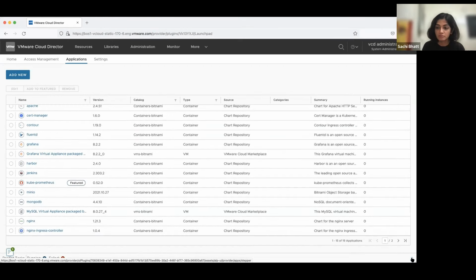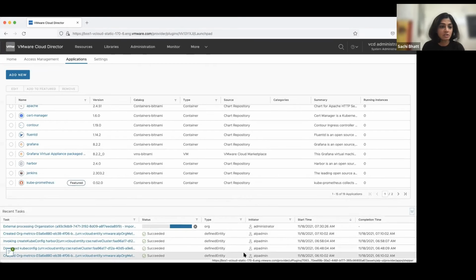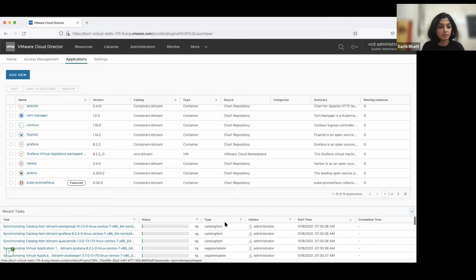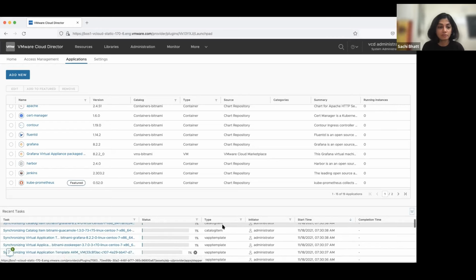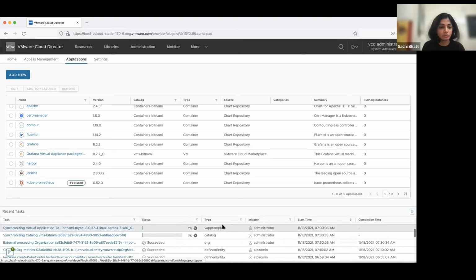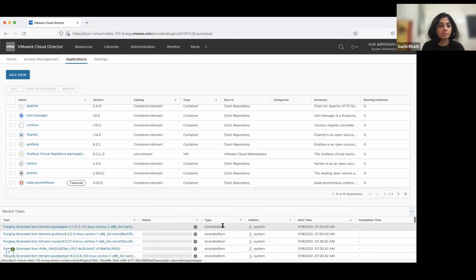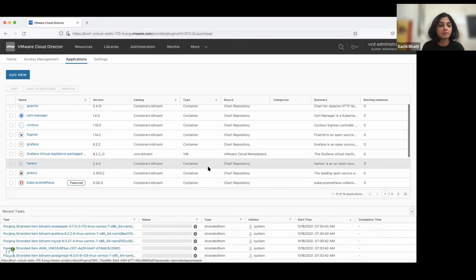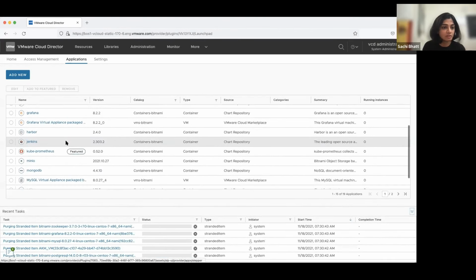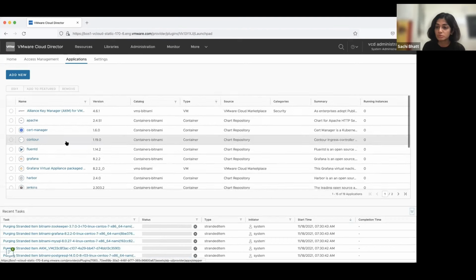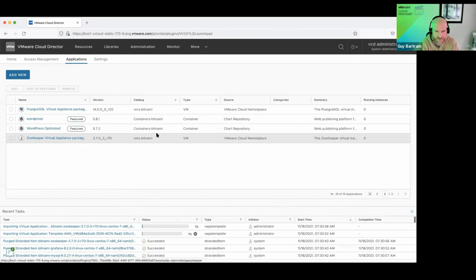We can see that it's now synchronizing and importing the application that I added earlier. Once that is complete, we should be able to see that application. Looks like it's pulling all of them there.